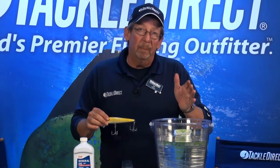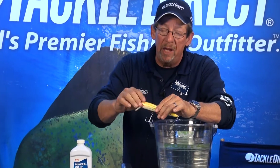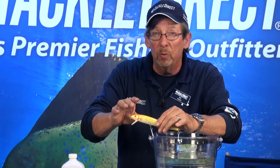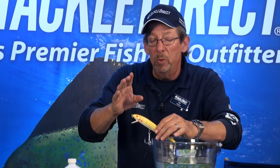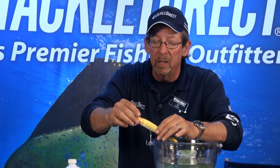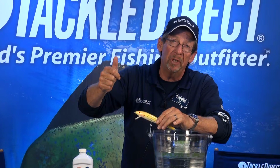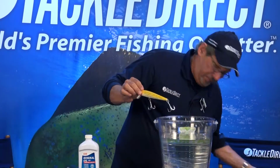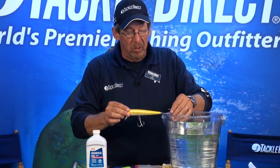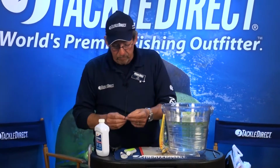I like to load it, and what that means is we're going to increase the weight of the lure overall. We still want it to be able to float and leave that great wake in the top water, but we want to give it a little bit more weight so it's more castable if you're throwing into the surf or into wind. And it's a pretty easy process. So what we're going to do is take this Redfin, and I have a paper clip